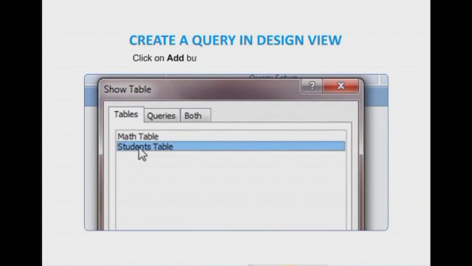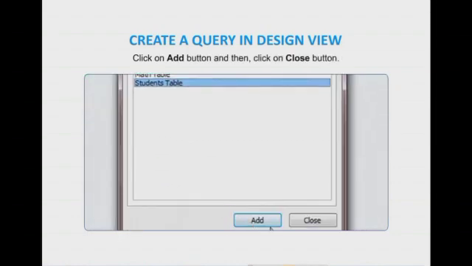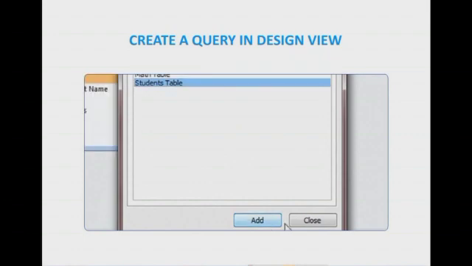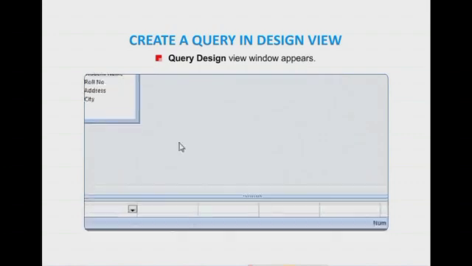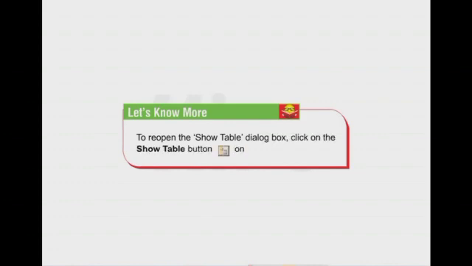Click on the Add button and then click on the Close button. The Query Design View window appears. Let's know more. To reopen the Show Table dialog box, click on the Show Table button on the Design tab.